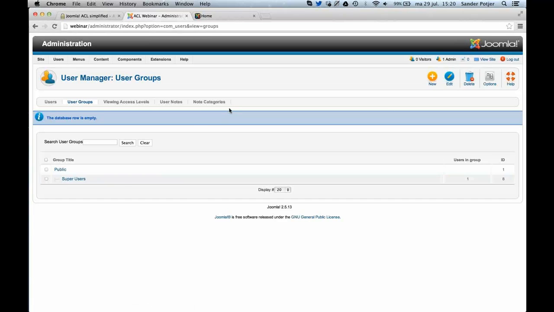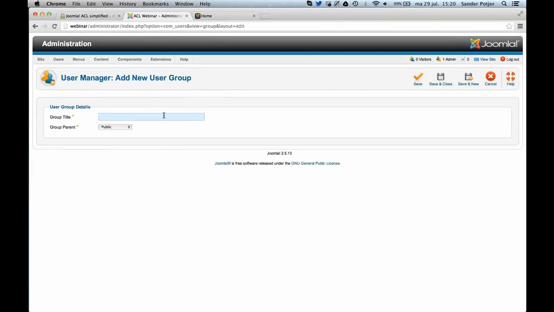Now I'm going to create new groups. And the first group is students. And I make that nested from the parent group public, because if I would select the super user, this group would inherit everything from the super user, and the super user group can do anything, and we don't want the students to be able to do anything. So save and new,